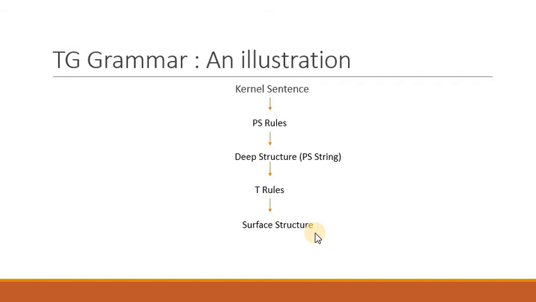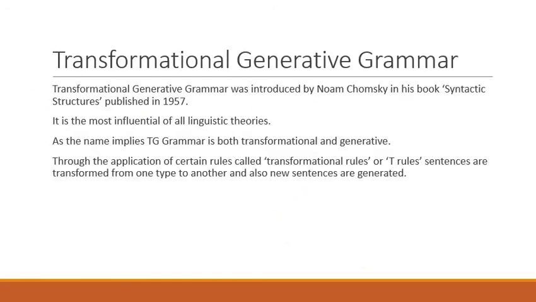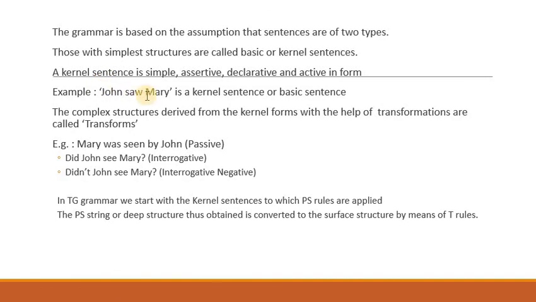Now PS string is somewhat similar to our terminal string, right? So deep structure, once you have applied all the PS rules, what you get is the deep structure of that sentence, the deep structure of a simple sentence. So from the deep structure of a simple, assertive, declarative, active sentence, when you apply T rules, we get the surface structure. So by applying T rules to John saw Mary, we may arrive at Mary was seen by John